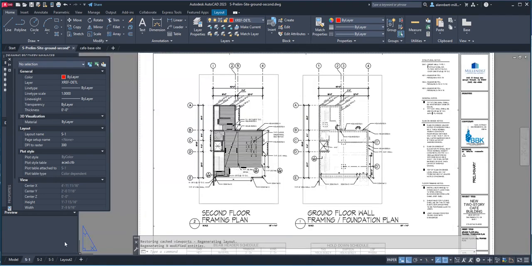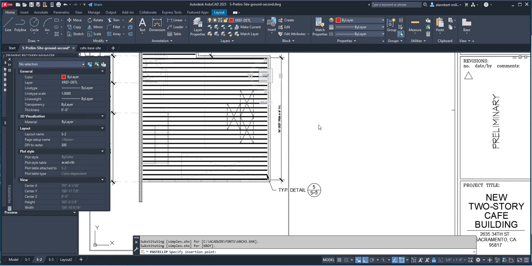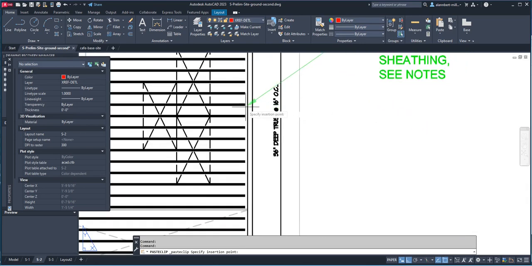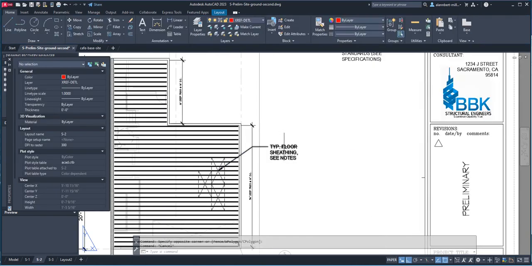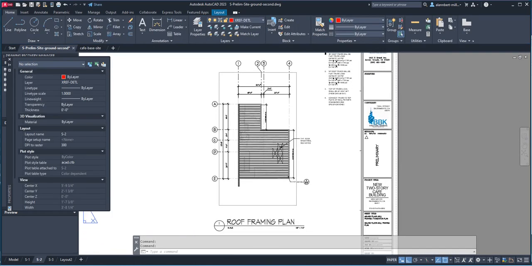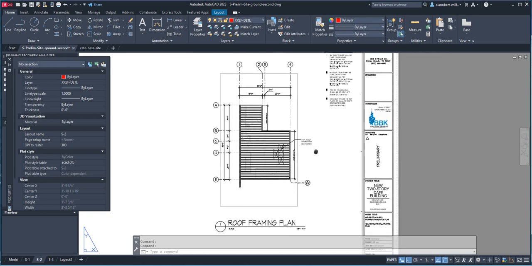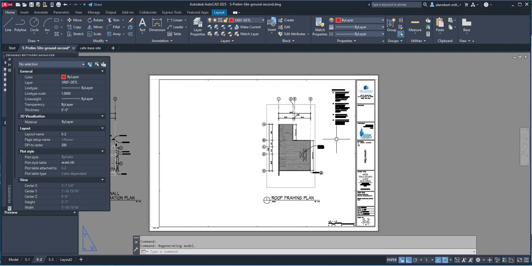And I'm just going to go here and Control C or right click clipboard copy and then go here and Control V. There you go. And put it at the intersection. And we're going to just put typical roof instead of floor. We're just going to change this to roof. Typical roof sheeting. C notes. Okay, and then we are going to put notes not on this sheet, but on a different